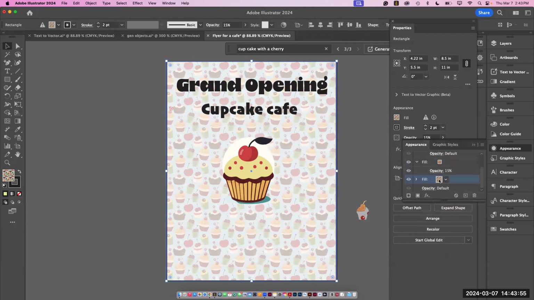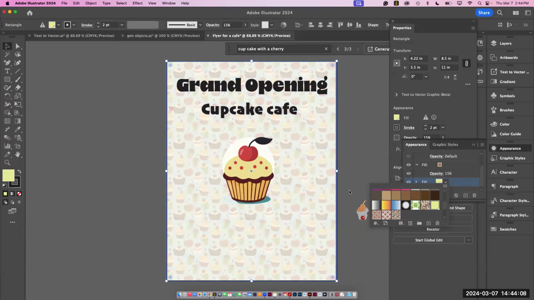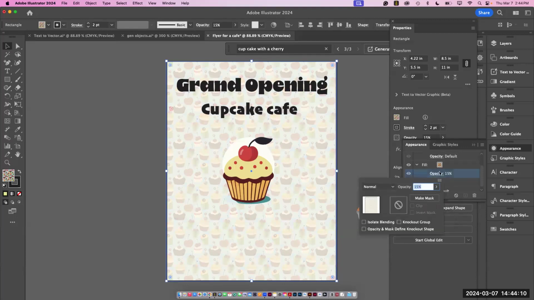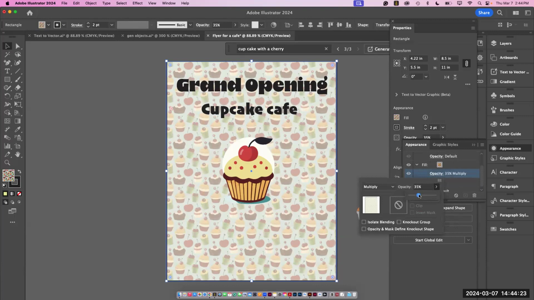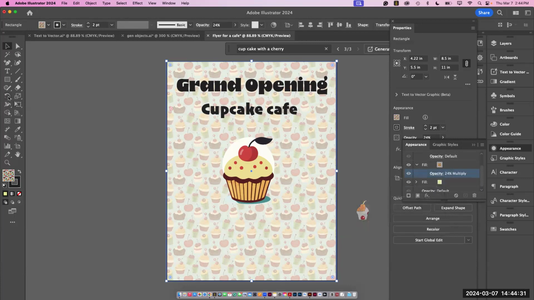I'm going to go to the bottom one and change the opacity. It's going to be 100. But I'm going to change that to the yellow that I had before. And now when I go to my opacity, I can even go to a blending mode, and you can see that the cupcake is basically on top of another color. If I check the opacity a little bit differently, look at that. Can I go in and change the stuff? Absolutely. I can double click,